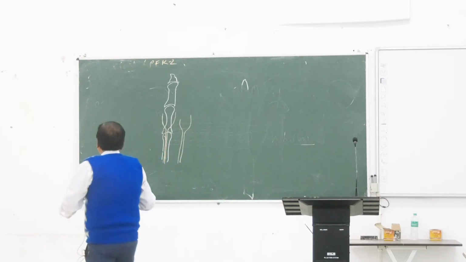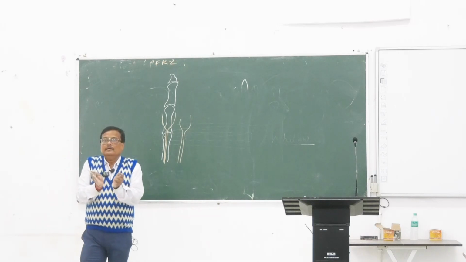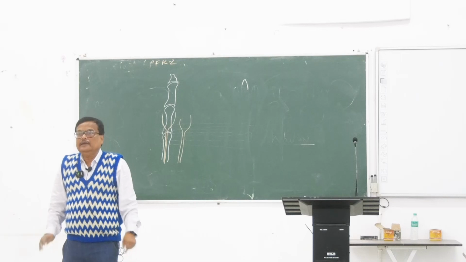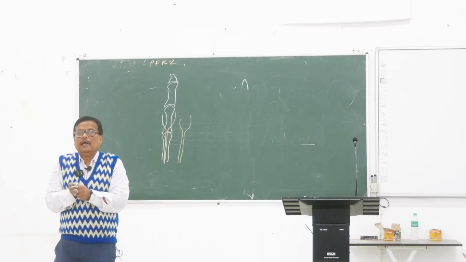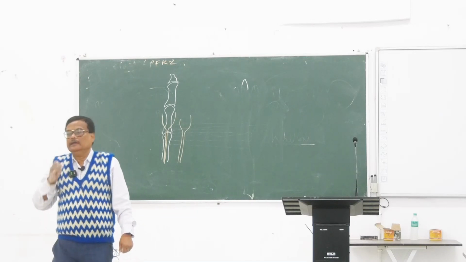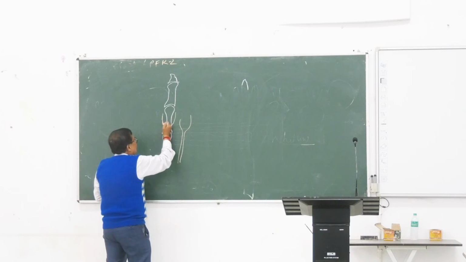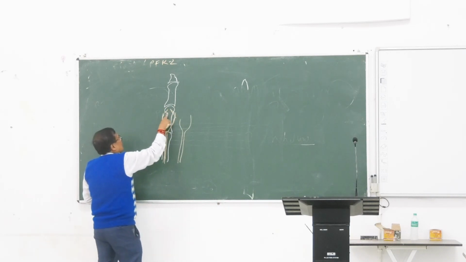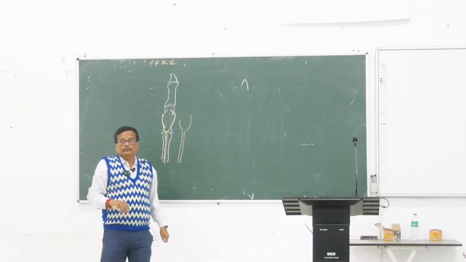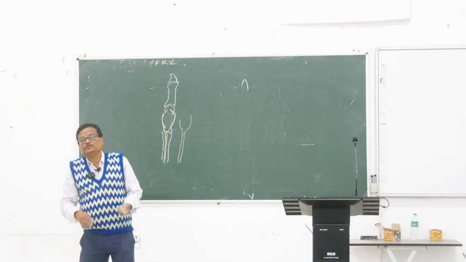ভেরি গুড, খুব ভালো পড়ছো। এই extensor digitorum এই প্রক্সিমাল ফ্যালেন্সের বেসে গিয়ে it becomes expanded by a triangular shaped structure. টেন্ডনটা ফ্ল্যাট হয়ে যায়, ফাইব্রাস হয়ে যায়। ট্রায়াঙ্গুলারটা কিরকম হয়? এই রকম। আমরা দেখতে পাচ্ছি না, এরকম ট্রায়াঙ্গুলার হয়ে যায়। ফ্ল্যাটেন্ড হয়ে যায়, এই জায়গাটায় থাকে। তাকে বলা হয় ডরসাল ডিজিটাল এক্সপানশন।